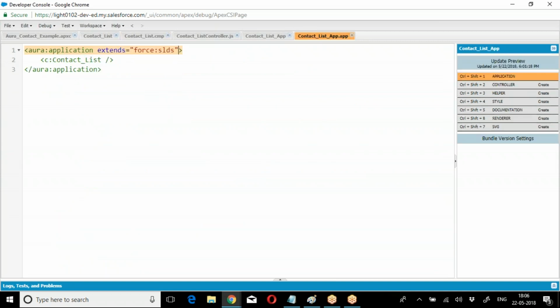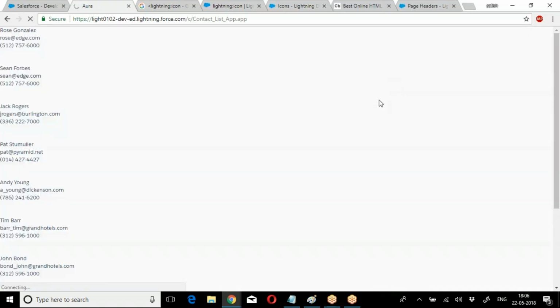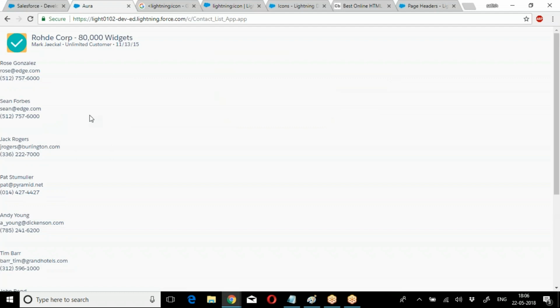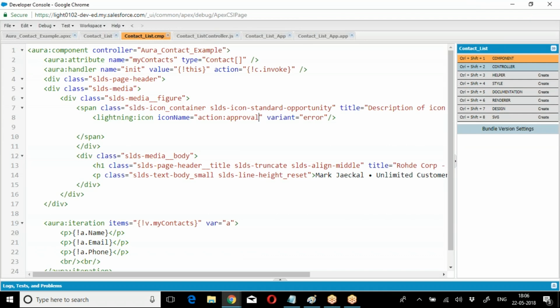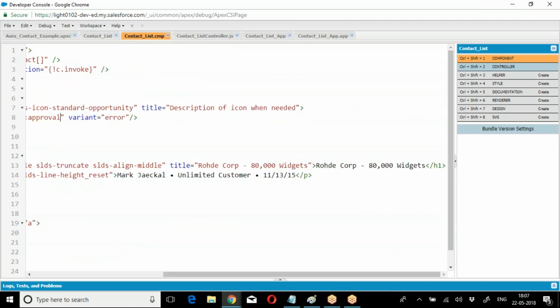Now go to the application, have a preview. We kept that approval icon, so we got the approval icon. Now we got some message here, right? Okay, where is this message? It is a hard coded value. When you copied the template, whatever the old message is there, the same message we are getting, right? So what I'm doing here,